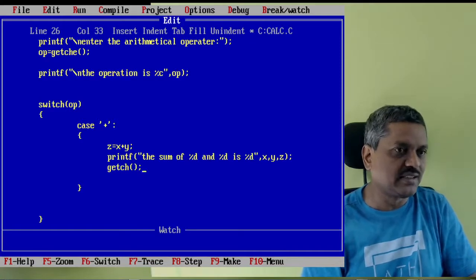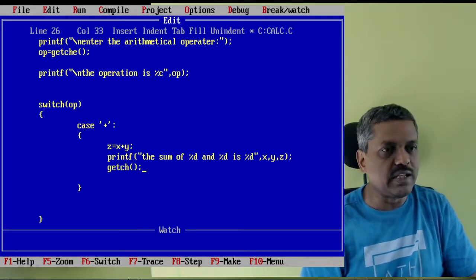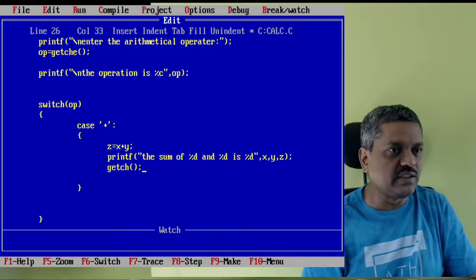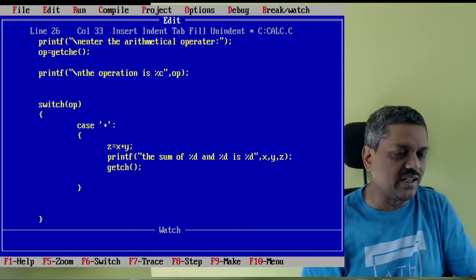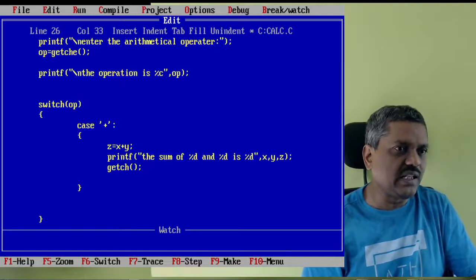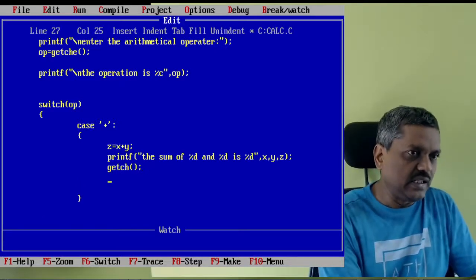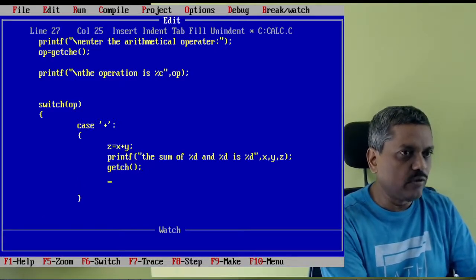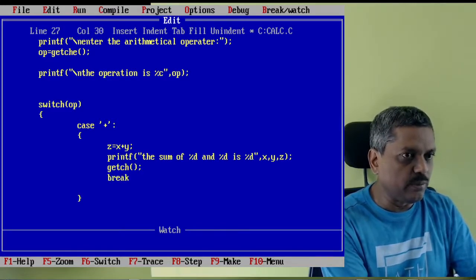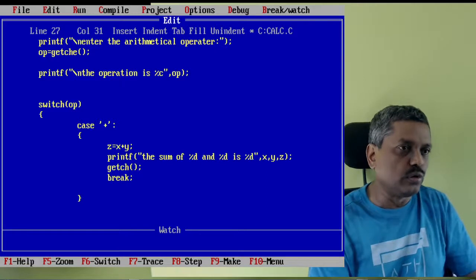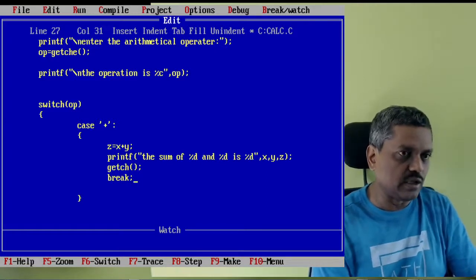That's all, nothing else. What happens to the key pressed is read, so it goes into the air. We are not worrying about that. Many times it happens like this. And then of course every time you are done with a particular case statement, you should always break out of that and go out of the switch control structure.